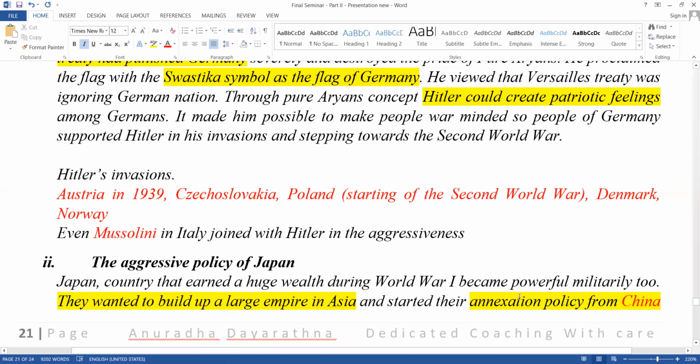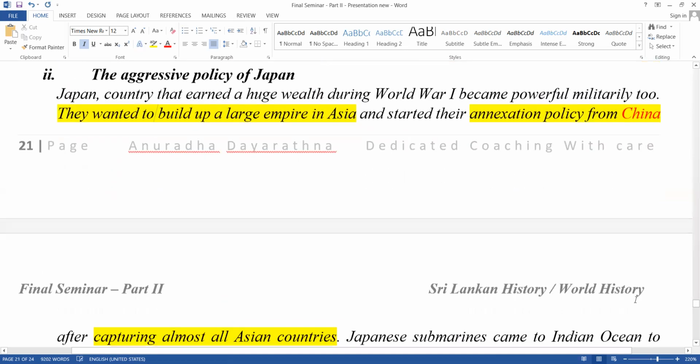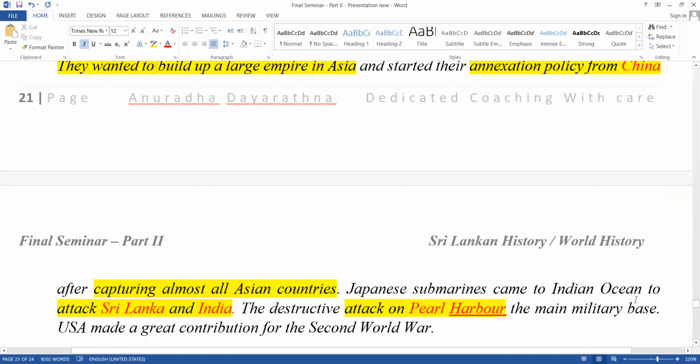and started their annexation policy from China, attacked China and captured China. And after capturing almost all Asian countries, Japanese submarines came to the Indian Ocean to attack Sri Lanka and India. And then came the destructive attack on Pearl Harbor, because through the side of the Atlantic Ocean,